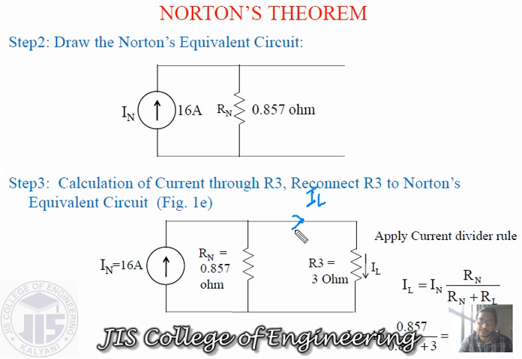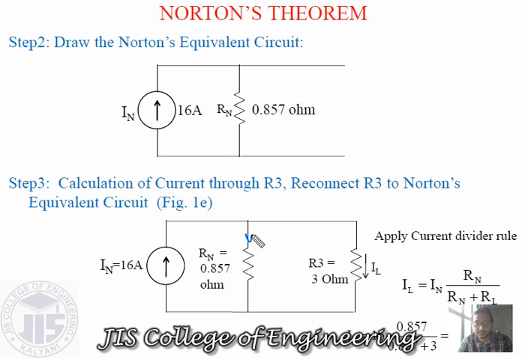So the other branch resistance means RN. So IL is equal to IN multiplied with RN, divided by the overall resistance where the current is being divided. The current is being divided among this RN resistance and this R3 resistance, so divided by RN plus R3. Similarly, if we want to find the current through this other branch over here,